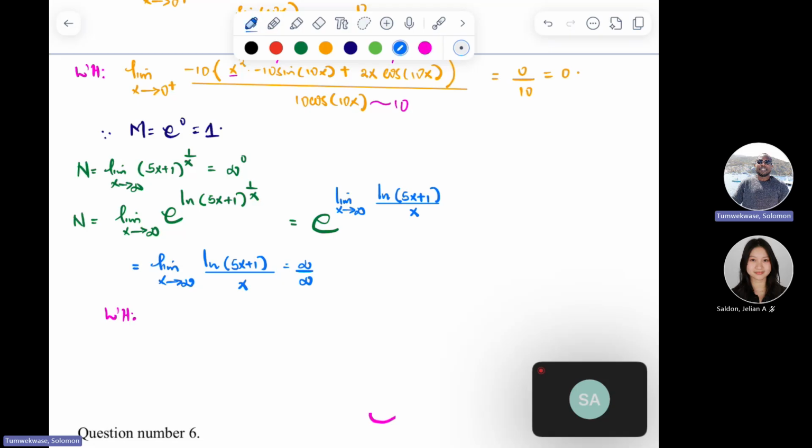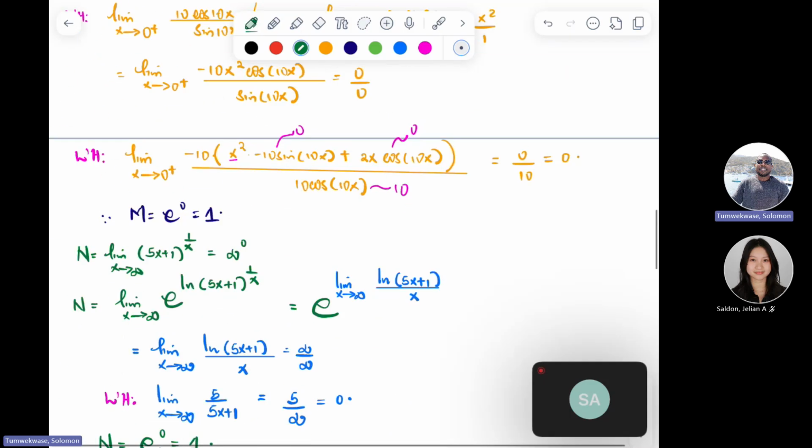And when I do L'Hopital's rule, this is the limit as x approaches infinity of 5 over 5x plus 1. That is the derivative of the numerator, and the derivative of the denominator is just 1. So when I divide by 1, I remain with the same thing. And when I take this limit, I see that I have 5 over infinity, and 5 of anything over infinity is just 0. Okay? So once again, we have our n as e to the power 0,